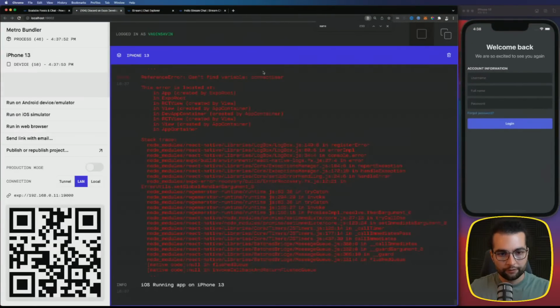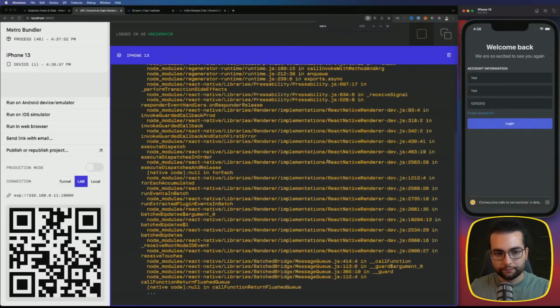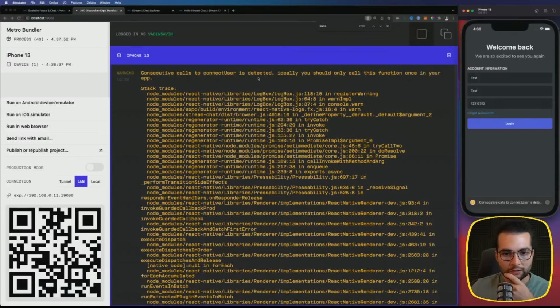So I'm going to open this one, test, and for the password I can do anything there. Login. Calls to connect user is detected. Ideally should only call this function once. Okay, because I pressed two consecutive times on the button by accident, and we cannot call connect user more than